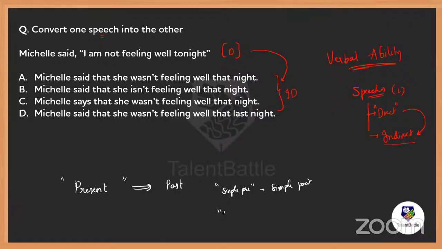Similarly, present continuous in the direct will become what in the indirect? Everybody, come on, this time you answer. Since I gave you a hint, you answer for the second one.